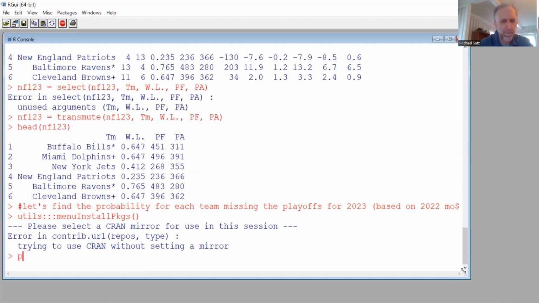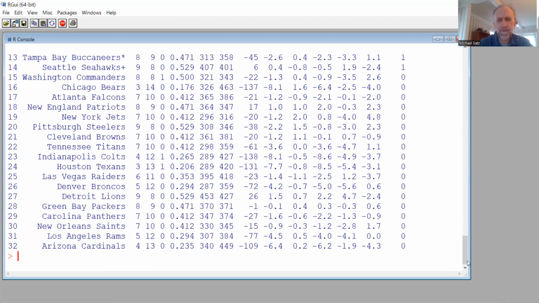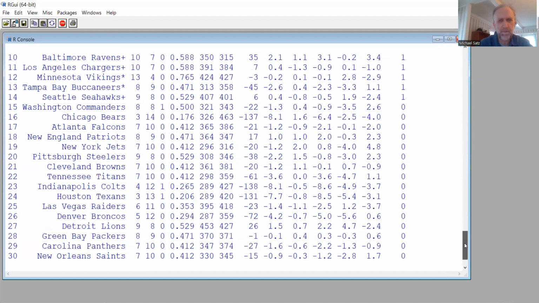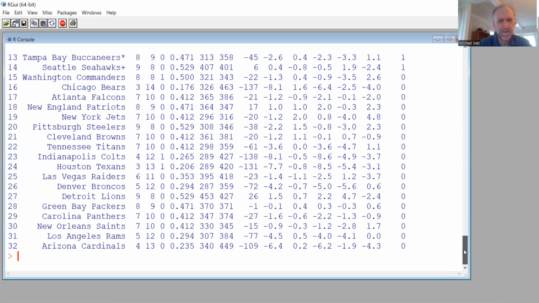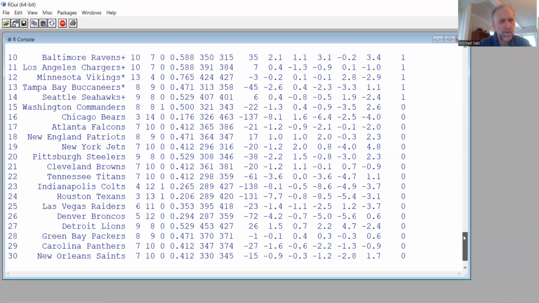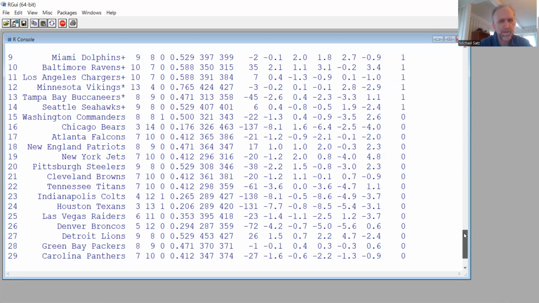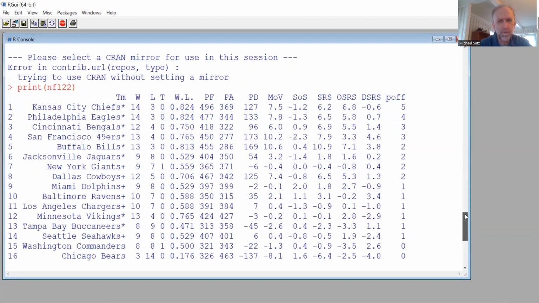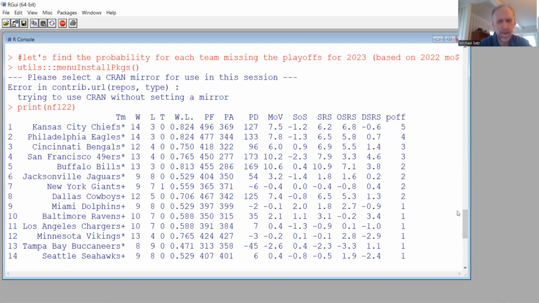So I can type print or other things. And you can see, I guess it's in order of the playoffs, how far they went. Here you have all the teams that didn't make it. There's no real secondary order that I know of. I'm not sure if there is one. So it's all just arranged by how far they made it in the playoffs. So there you have it, and that's from 2022, not this year.